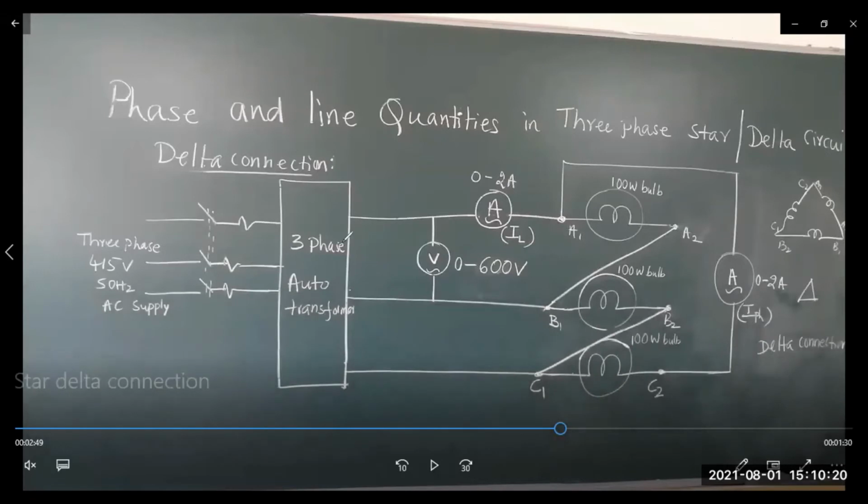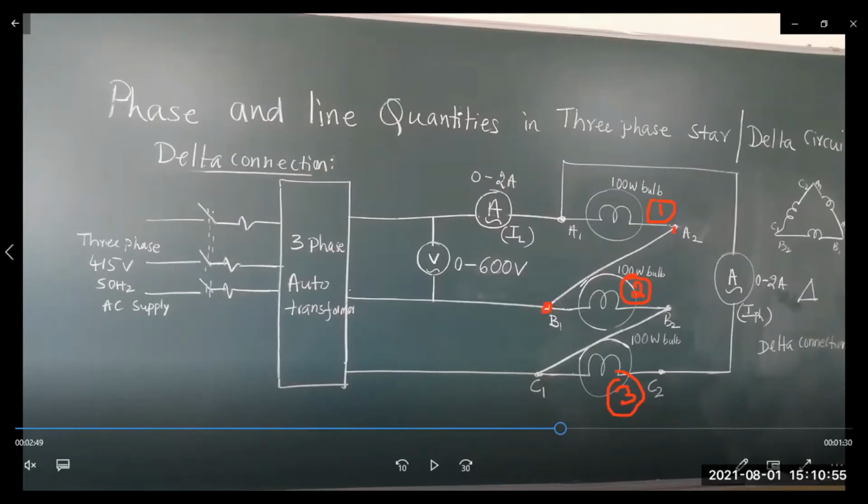So delta connection is mainly based on the starting end of the first coil. Okay, this is your starting end of the first coil that is connected to the ending of another coil. See, like this. So for example, A1, A2 is one coil, B1, B2 is another coil, and C1, C2 is the third coil. Let me mark them first so that you will understand clearly: coil number 1, coil number 2, coil number 3. What you're supposed to do is connect the ending of the first coil to the beginning of another coil.